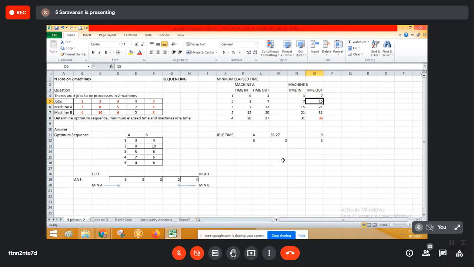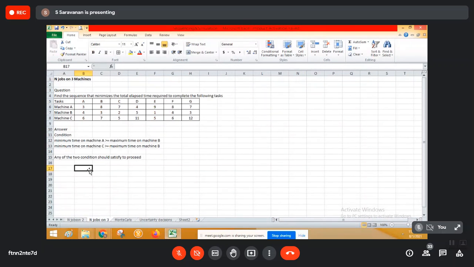Two machines is actually much simpler, and the logic is comparatively used in machines of 3, 4 and 5. But there is no syllabus related to 4 or 5 machines provided in the university. I can explain even for 5 machines or 6 machines, but for your syllabus, it is only 2 machines and 3 machines.